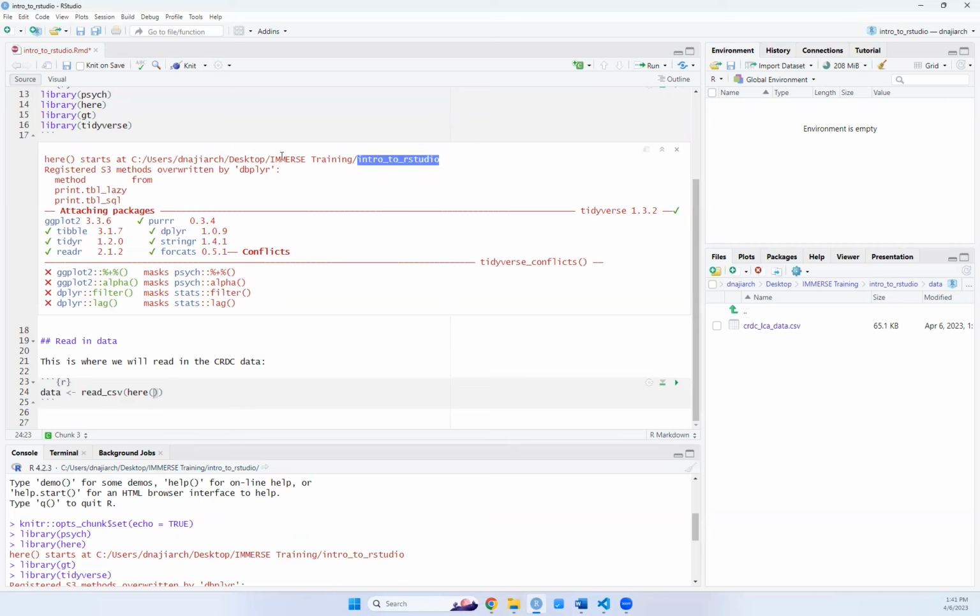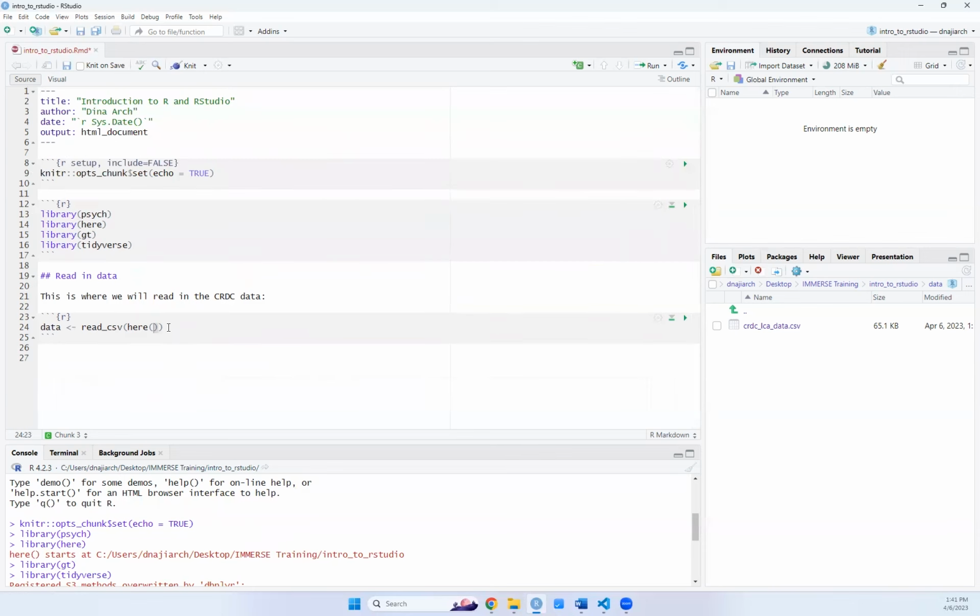For me, it's inside my Immerse training folder on my desktop, and in that folder I have an Intro to RStudio folder. Within that folder, we have a folder called data. So we want to let it know that within the data folder, I want to read in the